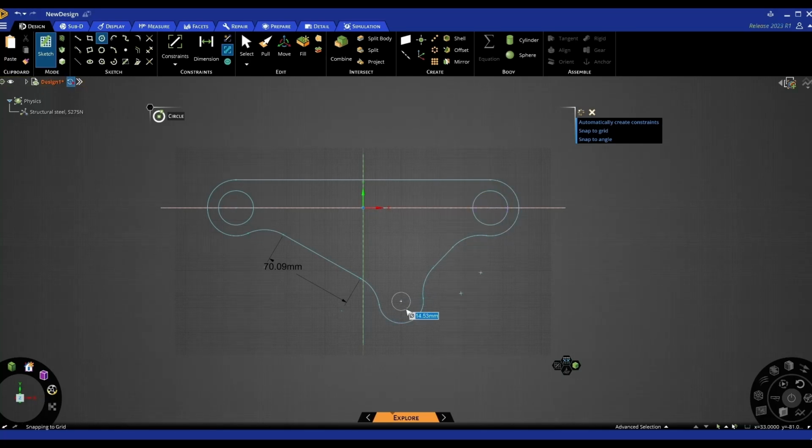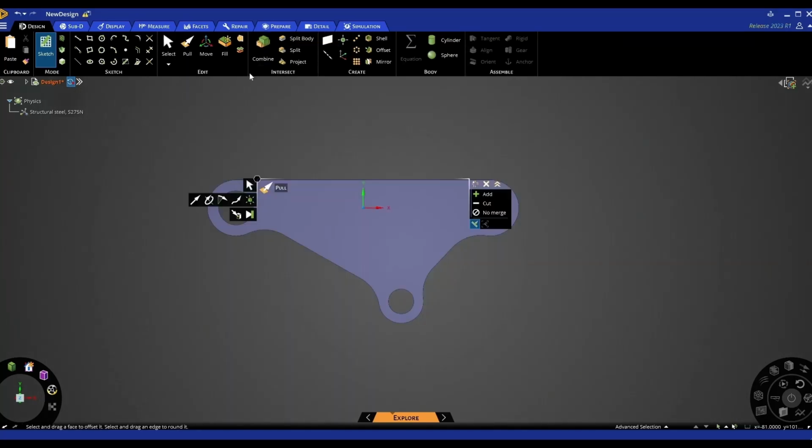And there, let's go 20. So that's my design, my shape. And if I'm happy with that, again, I can go along and constrain this, and then we'll be able to drive it via those constraints if we wish to make any changes, but we can always snap back to our original sketch. But I'm going to go straight into a 3D mode, which is one of these pull tools,